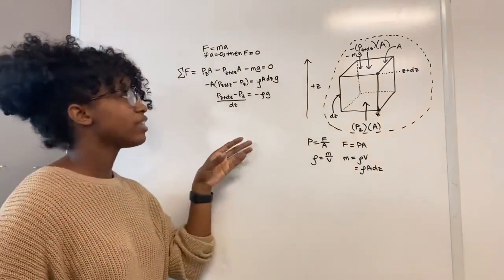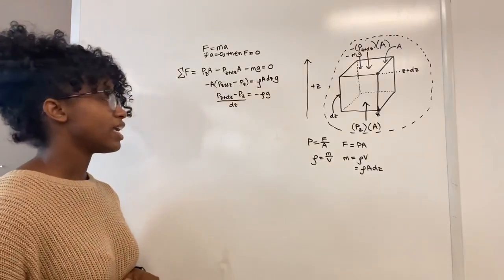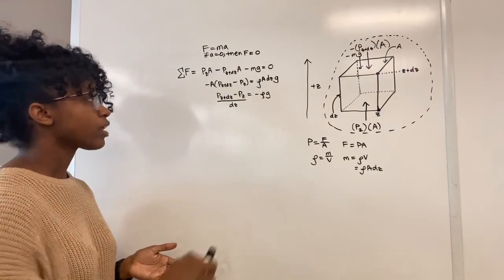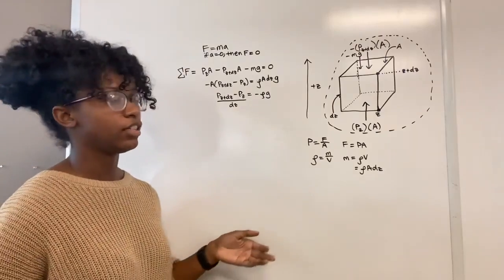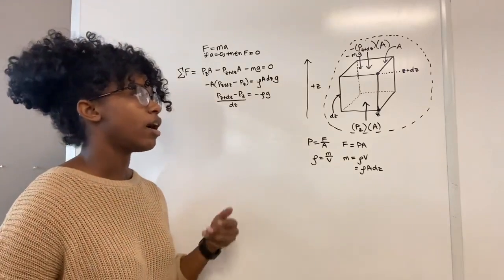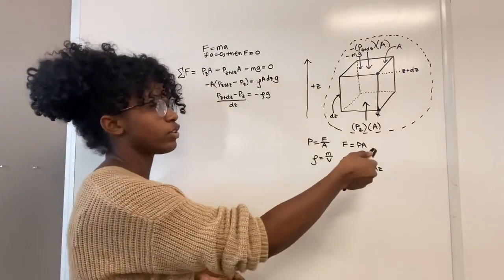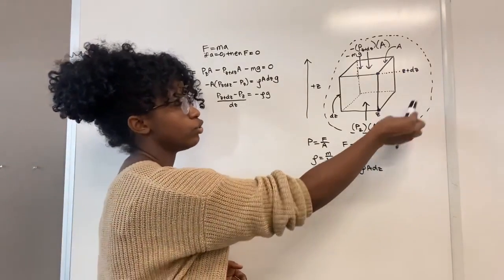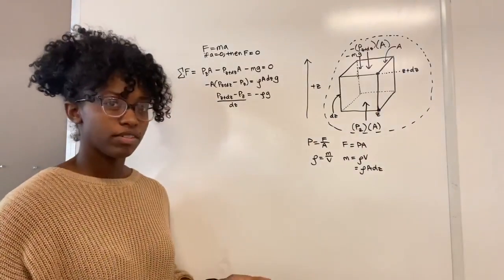And why this is great to have is because we noted that we had a differential height or differential thickness of our fluid dZ. And the change from position Z to position Z plus dZ is that thickness,